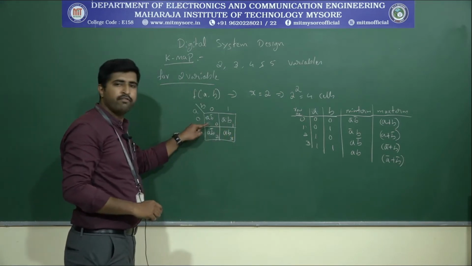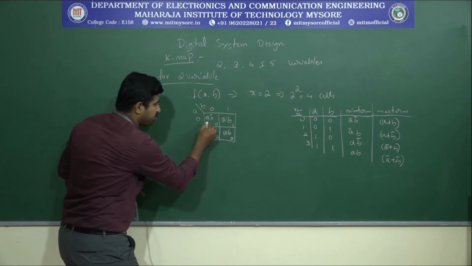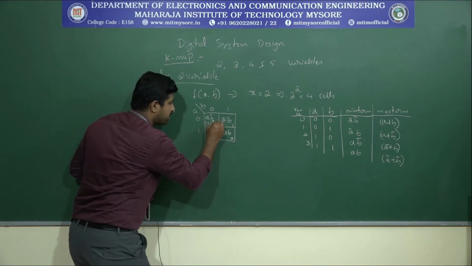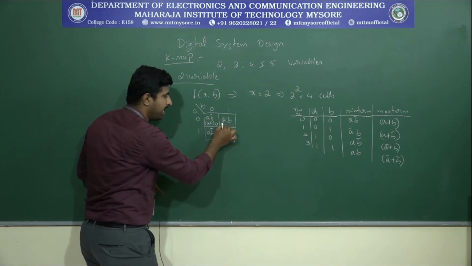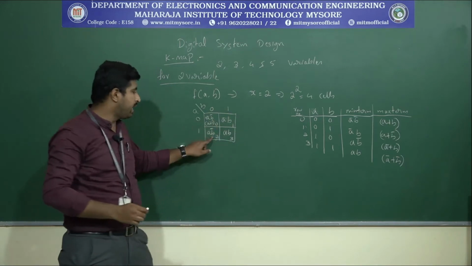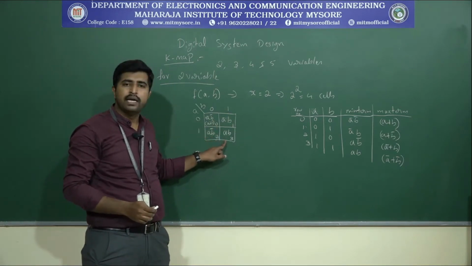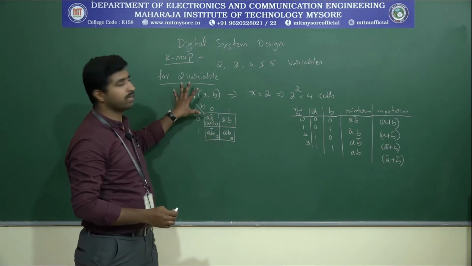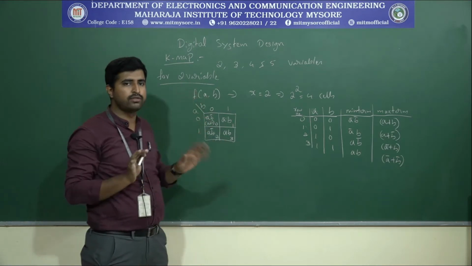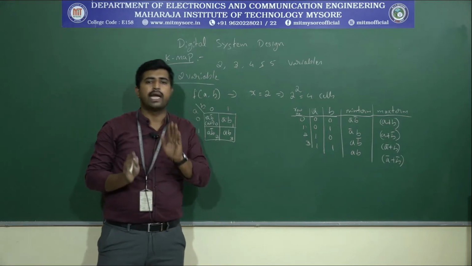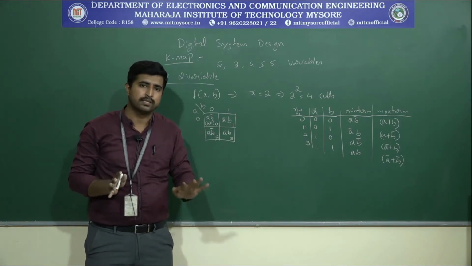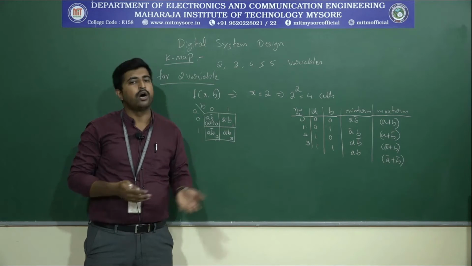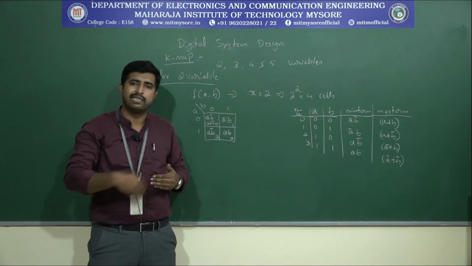If you write it for the max terms, this corresponds to A plus B. Okay, and similarly this is A plus B bar, then A bar plus B, and this will be A bar plus B bar. Okay, so this is what will be the true variable. Now we are just understanding how the K map will be for the different variables. How to simplify and how to write the output, we will see later.